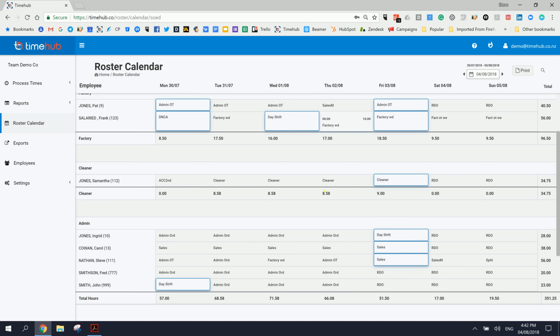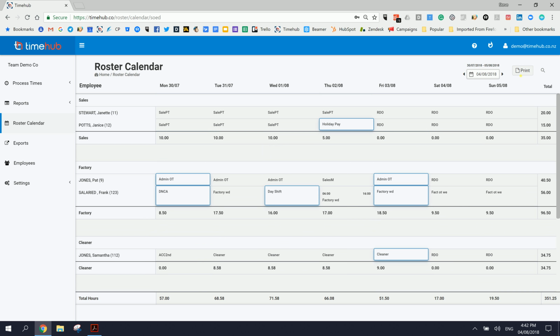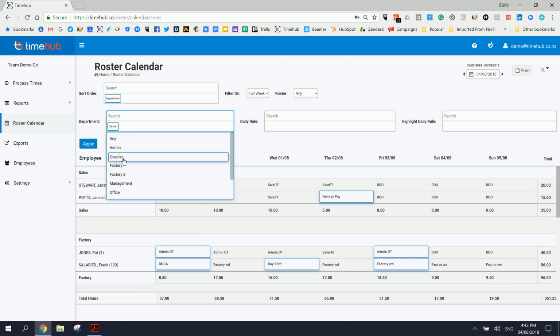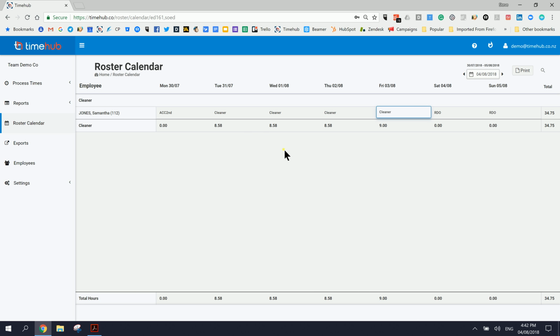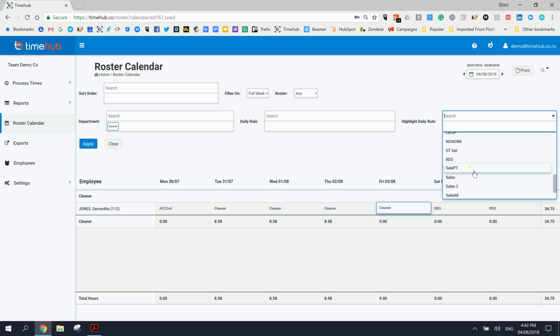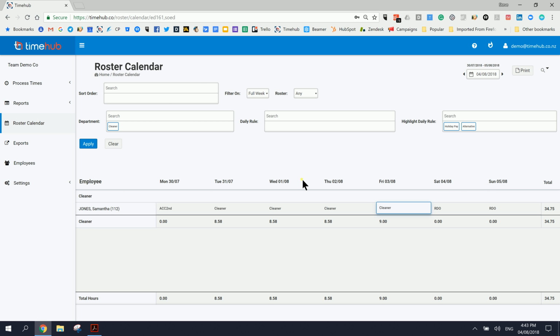So it gives me a view of how my roster looks, if that's the way I want to look at it. I can also come in here and search just for a particular department. So I'm only interested in people who are the cleaners, and I can do search on that, and now I'll only get the cleaners. Or I can come in here and I can clear that and say, right, I'm looking for anyone who has got some holiday coming up in this particular period. If I can find my holiday, or they've got some alternative leave coming up in this particular period. And now applying that filter